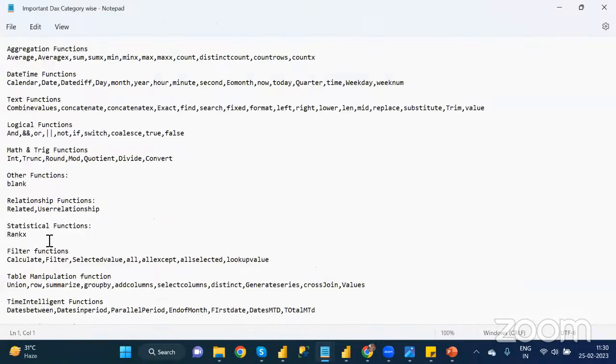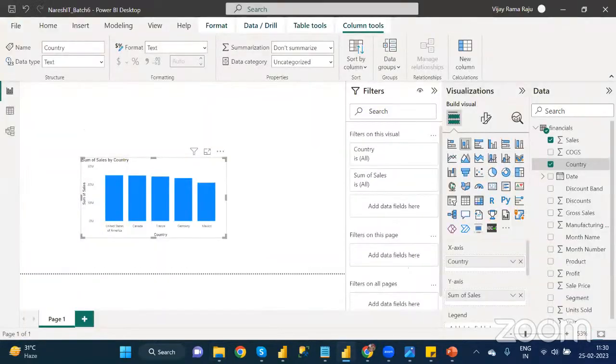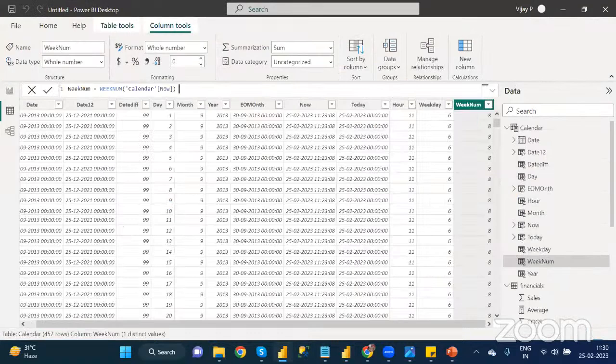Okay, so where is the text function? In the text functions, we need to discuss all these functions. The first one is combine values. What will combine values do? If you want to combine multiple columns into a single column, then we have to use a function called combine values. That means, see here,